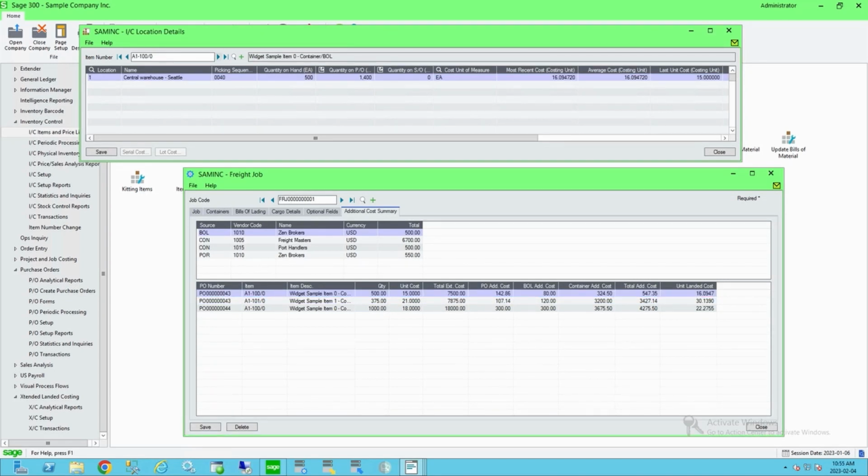If we look at our second item, similar unit cost of $21 to match up with the PO, but the most recent, and well, in this case average, but the most recent is $30, which means that's what inventory control actually received, a pure landed cost. And that concludes the